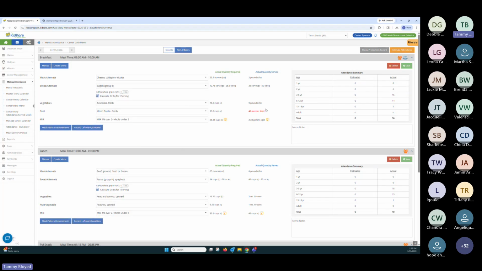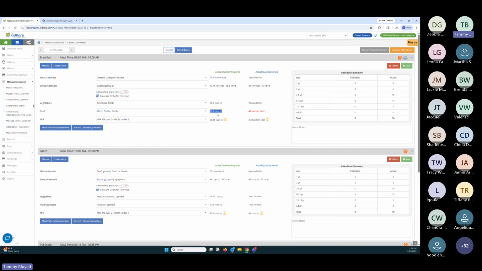And for breakfast, yes, we have something that KidKare doesn't recognize. It was mixed fruits, fresh, so we just threw down apples and oranges and let the kids pick the ones they wanted. Not a problem.